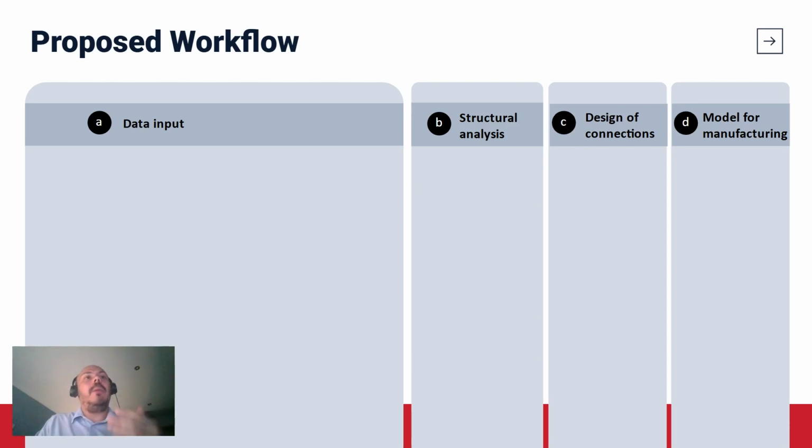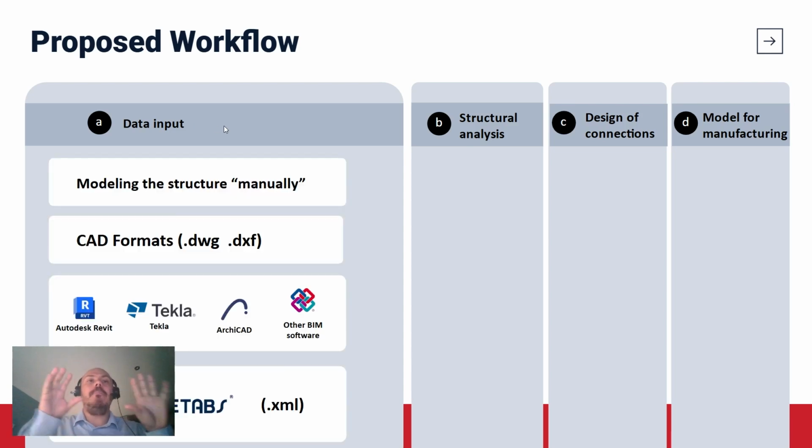Okay, when we talk about the first part, the data input or the introduction of information, we have actually four main ways to introduce information in the system. The first way I've actually simplified a lot. I called it modeling the structure manually. What does it mean? If you don't have the structure, if you don't have anything, and you want to start from scratch using Cype, you have tools to do it. So you can just open the software, and you can start modeling because the software itself has